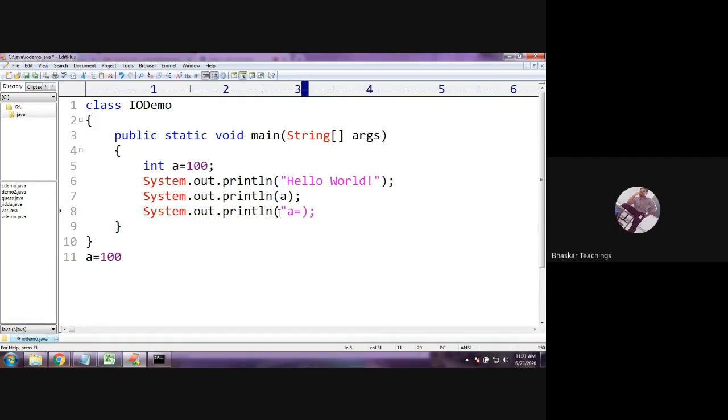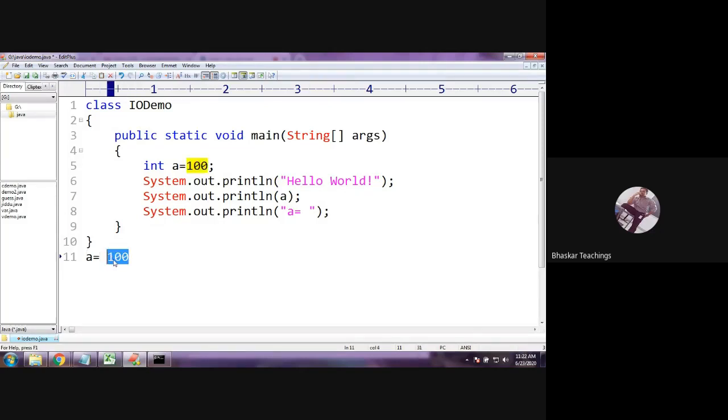Okay, A equals to, give some space if you want. Here I want some space, assume. So A equals to space is a string. I mentioned it here in double quotes. Now, in C language, we use it to give like this, right? A equals to percentage D, double quotes close, and here mention the variable list. In this way, we use it to give. But here, you need not mention the format specifier, right? So simply you can give A equals to some space.